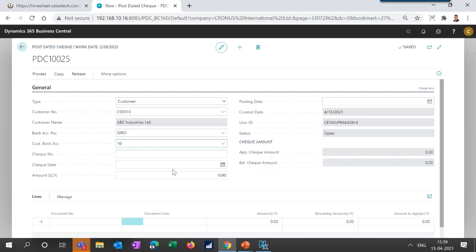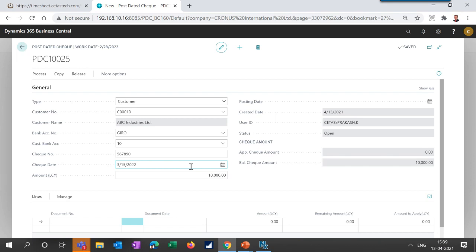If you want to capture the customer bank, you can use the customer bank account details, and you can mention the check number and check date. Then you can enter the amount of the particular check.